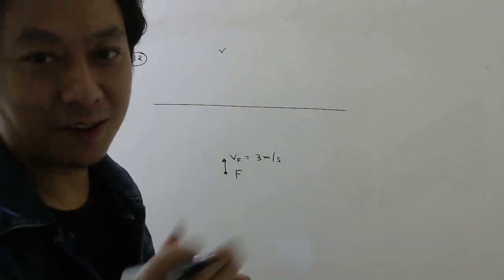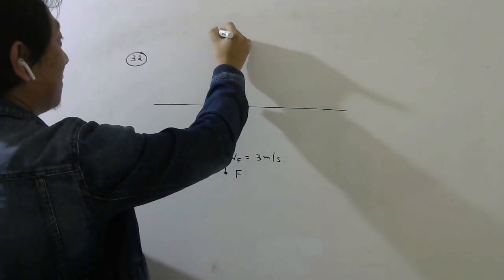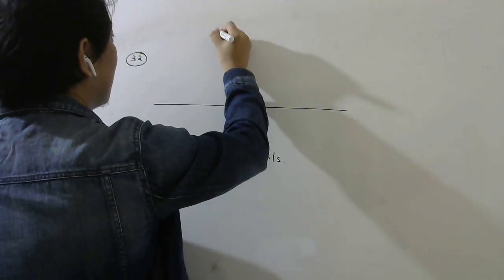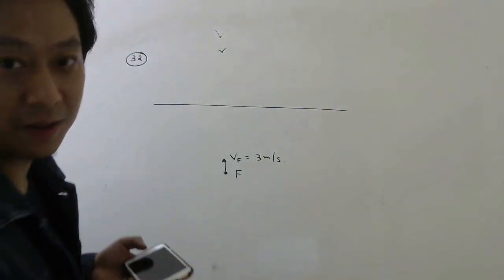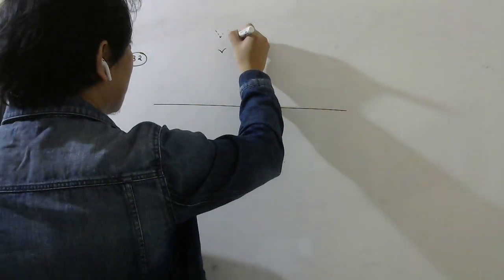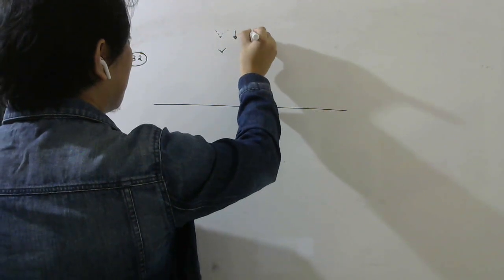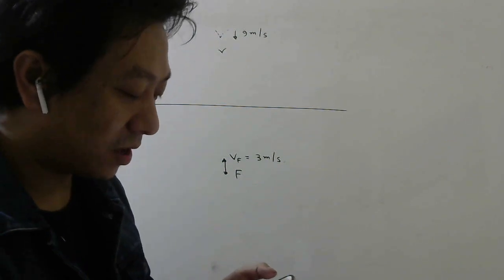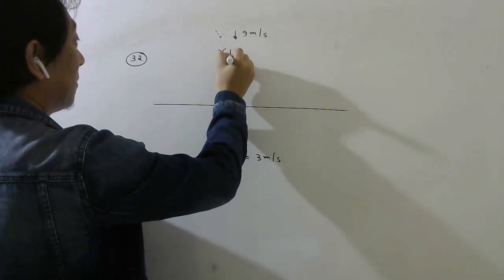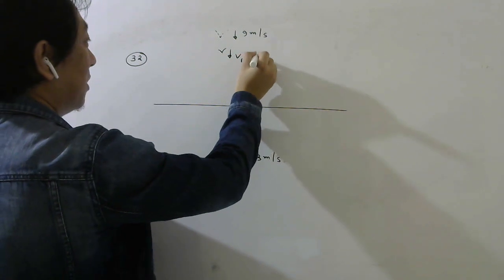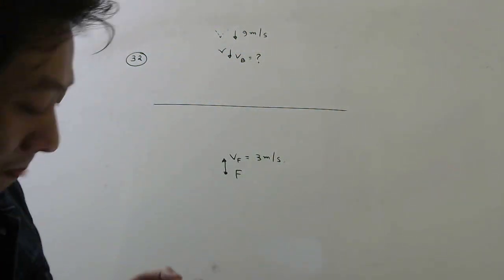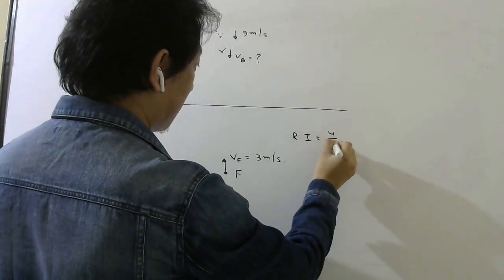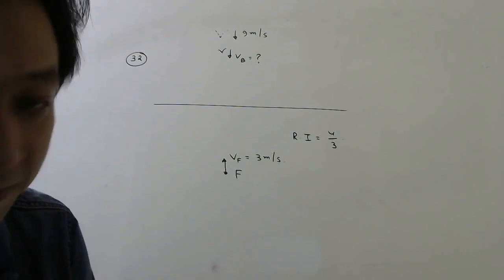It will see the image of the bird, right? An image of the bird will be here. This will be the image of the bird. So the fish will see the image coming with 9 meter per second. The question is, what is the actual velocity of the bird? So the actual velocity of the bird we have to find. Okay, and the refractive index of the denser medium is 4/3. So let us do this.